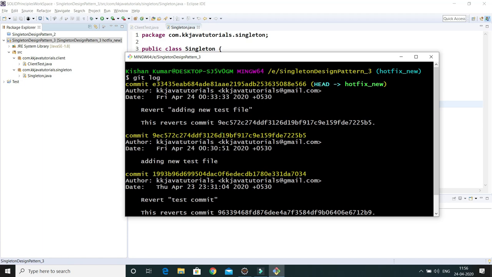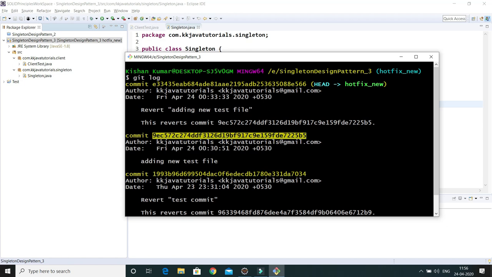Let's say I would like to check out not on any specific branch but on this commit. This is my latest commit and this is the previous commit. Now I'm going to copy this and check out on this commit. One thing you should note, we usually check out on a branch, but here I'm going to check out on a specific commit.